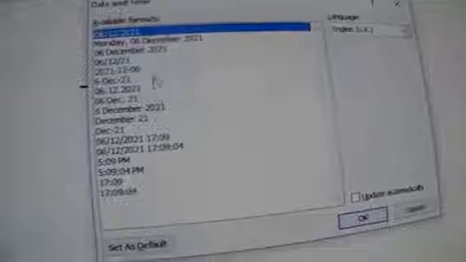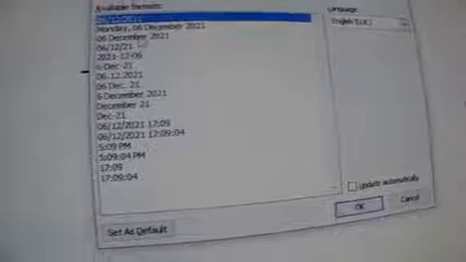So if I press enter, the insertion point is now here. If I want to insert the date on this side, I'll just click on date and time, then the same options will come. Maybe I want to use Monday 6 December 2021. I'll just click the second option. Then from there I'll say OK. So you'll see that the date has been inserted. So this is how we insert dates.